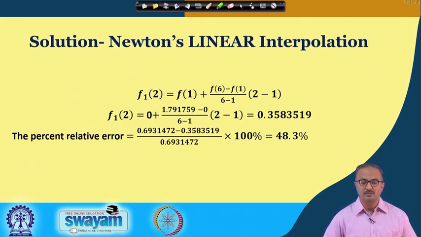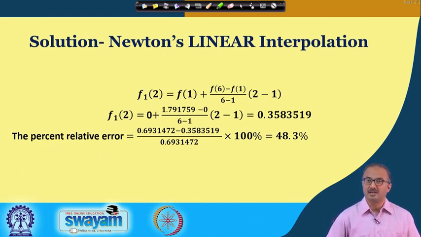Every time this can be known only if we know the exact value. Now suppose you do not know the exact value, what should you do? In that case, another way is this: you choose some arbitrary range initially. Okay, you find the value of the particular function at the given independent value, and then you again choose another range, and you decrease the range by say half.